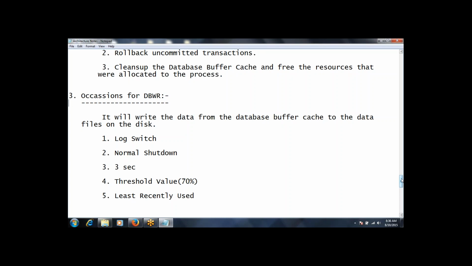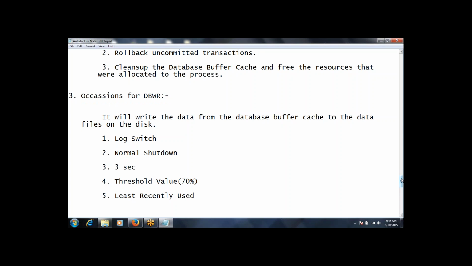So when the first log file is filled up, a switch will happen that goes to the second log file, which is called a log switch. Or manually also, we can give the command, alter system switch logfile. At that point also, this log switch will happen. So at that point also, this DB writer will get invoked and it will write the data from the database buffer cache to the data files present on the disk.